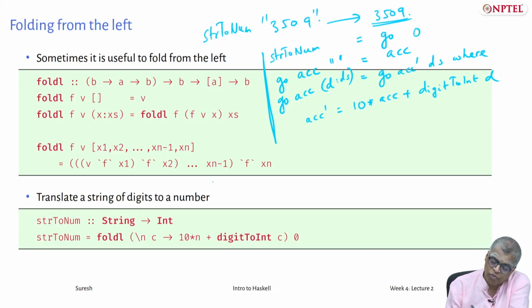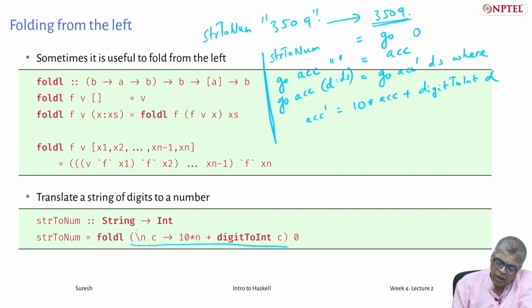So fold L is the more natural way to proceed when you want to do this particular function, and there are many functions where it is much more natural to do processing like this. Okay, here this was an example where you wanted to add a digit to the rightmost. One can think of other examples where it is much more natural to do fold L than fold R. Okay, and finally, rather than doing a naive recursion like this, we use fold L, and whatever we did in the go function for the inductive case, we take that to be the function here.